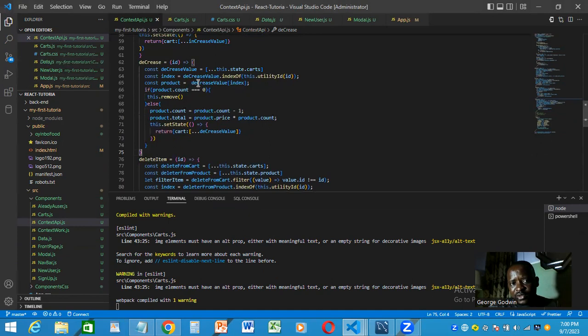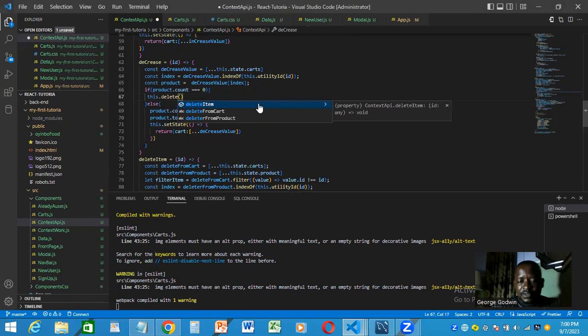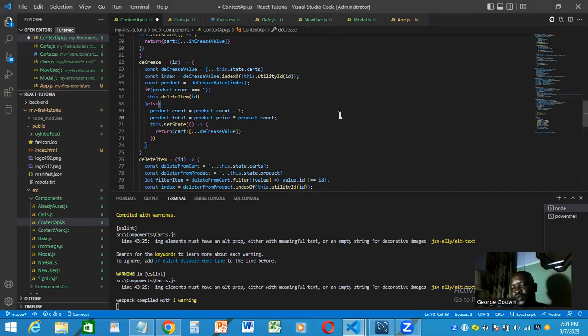So I will come here and remove this. I'll say this delete item, then I'll put the ID here. And another thing, I will make this one: if our count is equal to 1, the button should remove the stuff from